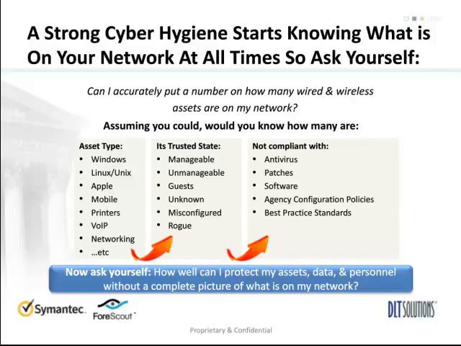Now, I'll touch a little on what Tom and I are talking about with rogue. Rogue is used a lot these days, and what we mean by rogue is something that's not behaving appropriately. So a print server that makes an IRC call out to the internet would generally be a rogue device. Print servers generally don't make IRC calls, and they generally don't talk to the internet. That gives you an example of what we mean by rogue. So are my devices behaving properly? And then compliance: am I compliant with my antivirus policies, my patch policies? My software, are we installing the right software?